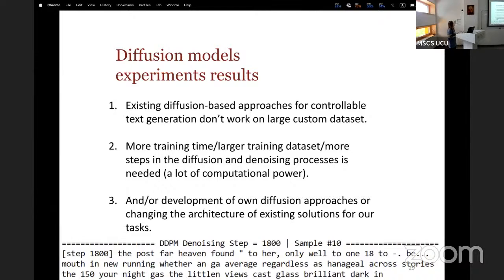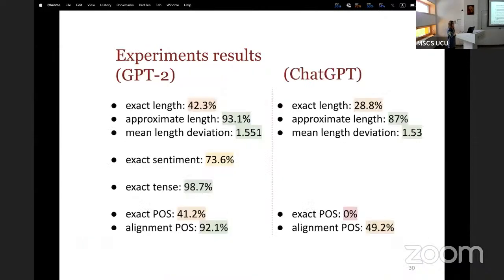And one of the reasons behind this is that the GPT model, for example, which worked, was pre-trained, and we worked on fine-tuning, but diffusion models should be trained from scratch. The approaches which we used, Diffusion-LM and minimal time diffusion, in their work used small data sets, like restaurant reviews or simple stories. They have very simple data sets on which they can train, and they have good results, but on this large topic data set, it didn't work. So more experiments are needed here.